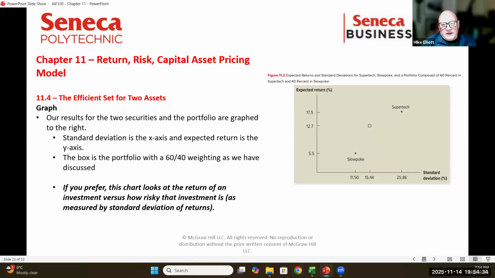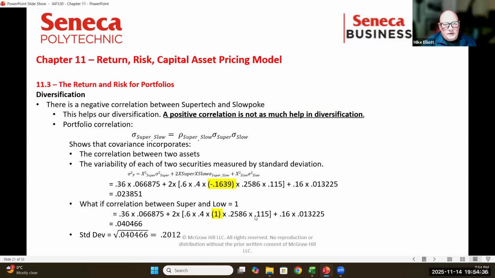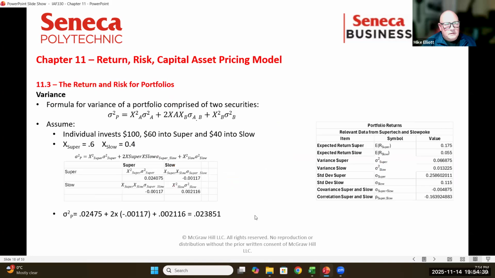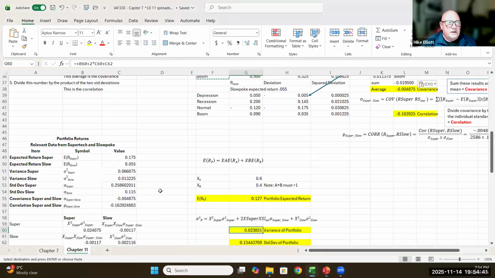Now let's go back to the results we had from here, where we have expected returns, and then we have standard deviations attached to those returns. Where are they? Here. And we're going to plot now on a chart what the expected return is on one axis and what the standard deviation is on the other axis. Because what this is going to do is let us picture what the risk-adjusted return is.